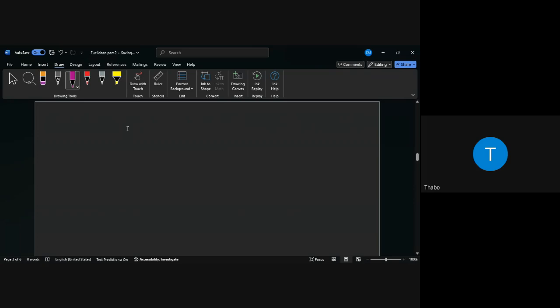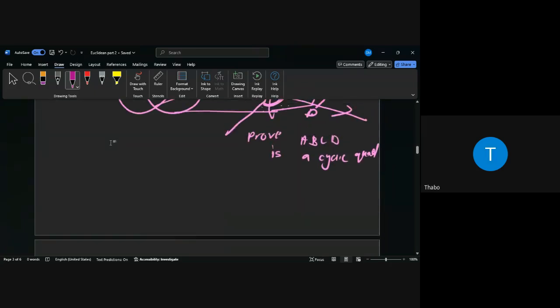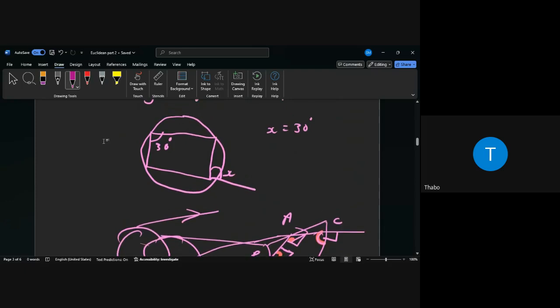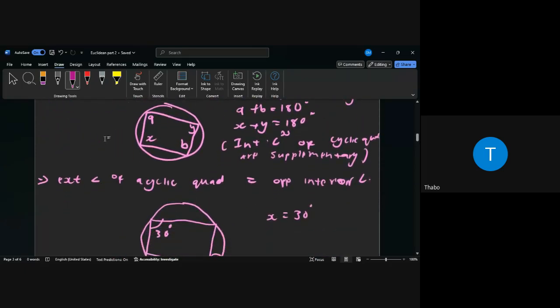Yes. Are we sure, guys? Yes. Yes, sir. Where are you confused? Are you confused about what the properties say, or